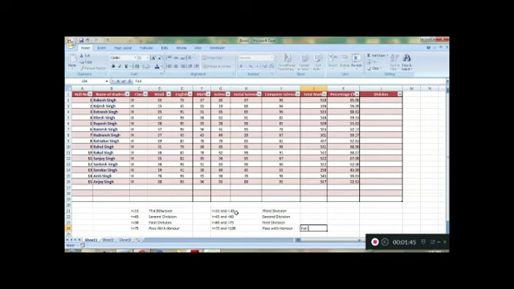Otherwise he will fail. So how can we apply this formula? For this we are going to write is equal to if and, because we are going to apply multiple criteria here.